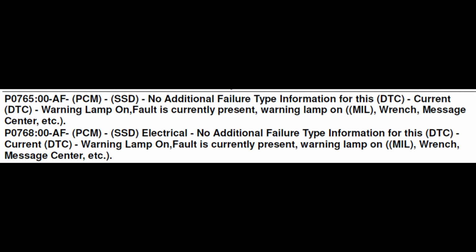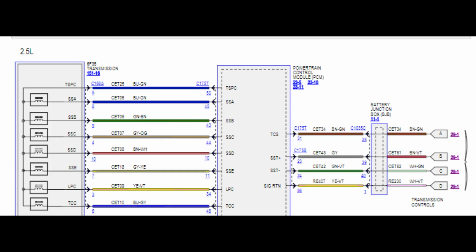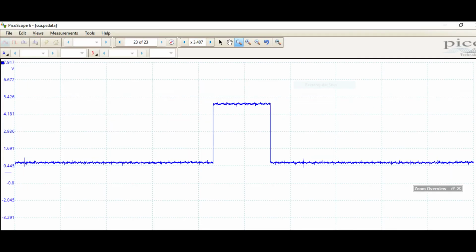I have started the Transit Connect van. Now my shift solenoid D codes are back. So I decide, since, like I keep saying, I'm not real familiar with this van, my thought process is that shift solenoid A should react exactly the same way shift solenoid D does. Maybe not exactly, but I should get an idea what this is going to look like if I activate it with this scanner. So I've got my IDS hooked up, and I activate shift solenoid A,